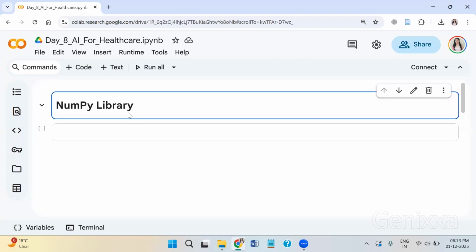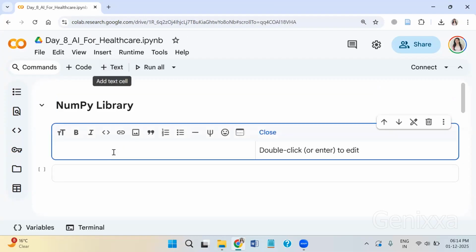First, I'll be dealing with self-created arrays or matrices, like the basic format of data I'll be creating here, and we'll be doing some operations on them. And after that, I'll be using some CSV files. I hope all of you have received the CSV files that I have shared in the WhatsApp group by now. You can keep those files ready on your system, on your laptop or desktop. We'll be taking them to this Google Colab platform, and I'll be showing you a few operations on those CSV files also. So let us start with the very first step here, that is to